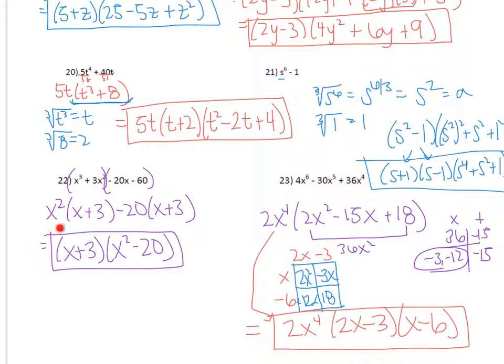Then the leftover will be x squared minus 20 in the leftover factor. We can't factor that any further. It's not a difference of 2 squares. So then this is going to be our final answer. That's the factored form. With 23,